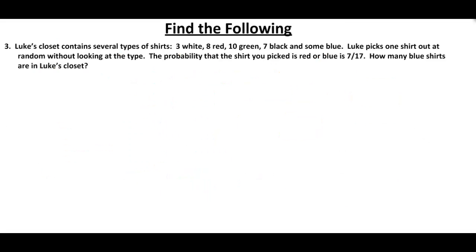The third one says, Luke's closet contains several types of shirts: 3 white, 8 red, 10 green, 7 black, and some blue. Luke picks one shirt out, again we're talking about one thing, at random without looking at the type. The probability that the shirt you picked is red or blue is 7 over 17. How many blue shirts are in Luke's closet? So again, anytime you see this red or blue, I'm going to use my union formula. The probability that it's red or blue